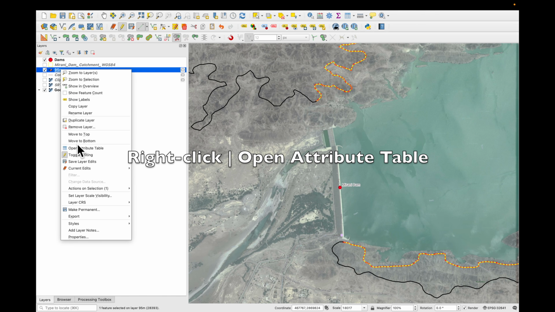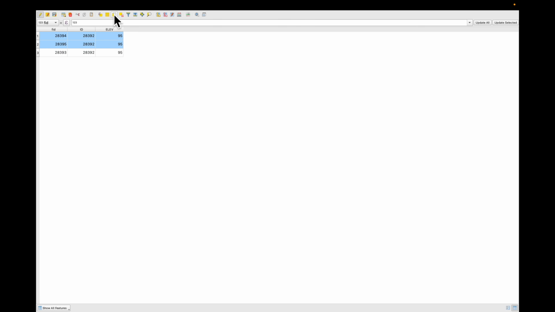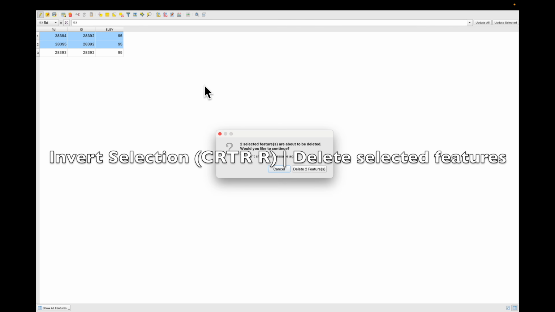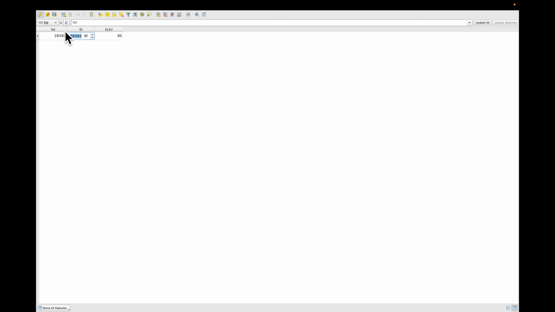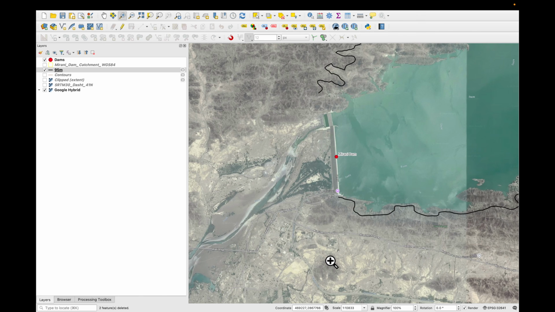Right click, open attribute toolbar, and what we're going to do is switch the selection and delete the 2 features and stop editing. Okay, so we now have a contour line that goes right around our reservoir and it's been cut off close to the dam axis. The next thing which we want to do is to join it up so we can turn it into a